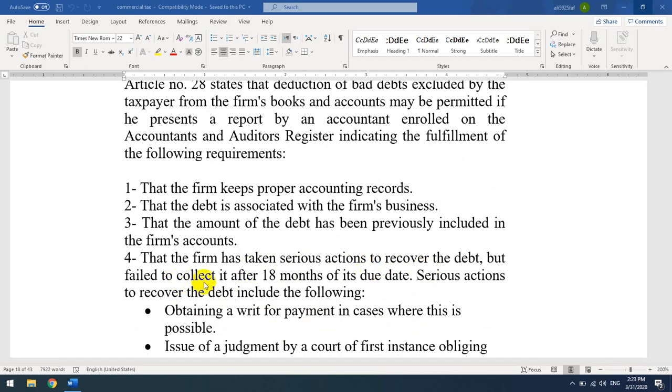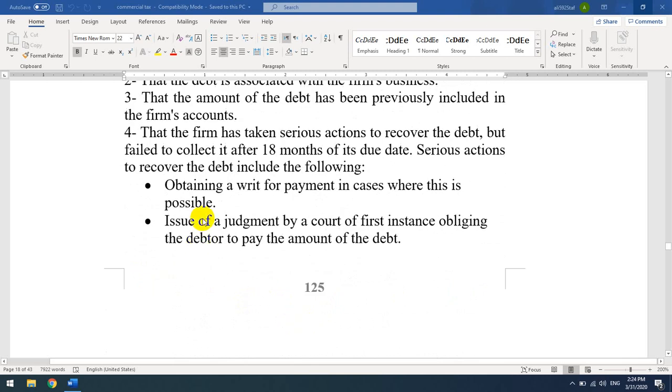But failed to collect it after 18 months. Taken serious actions to recover the debt for a period of not less than 18 months, but the company failed to collect it. Serious actions to recover bad debt may include the following actions: obtaining right for payment in cases where this is possible, issue of a judgment by a court of first instance obligating the debtor to pay the